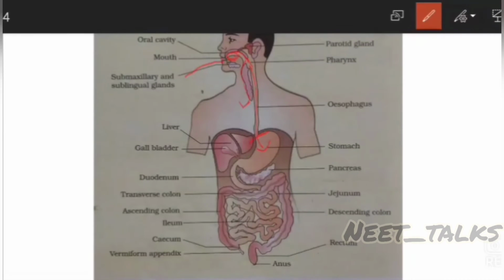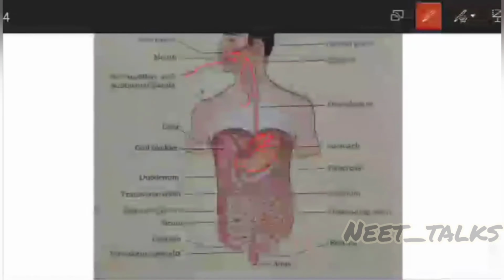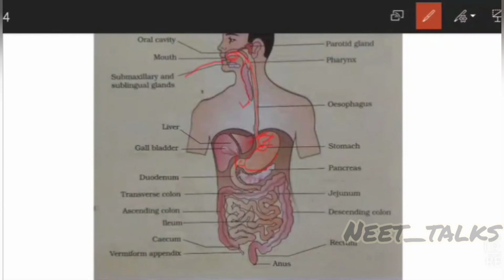And then this stomach has the cardiac part, from where the food enters, then the upward elongation, that is the fundus, then the body, then the pylorus. This pylorus consists of the pyloric antrum and the pyloric canal. And then from this pylorus the food enters the duodenum, guarded by the pyloric sphincter. Duodenum is the first part of the small intestine. From this duodenum the food goes to the jejunum, then the ileum, then the cecum.